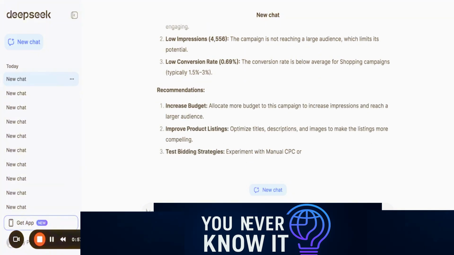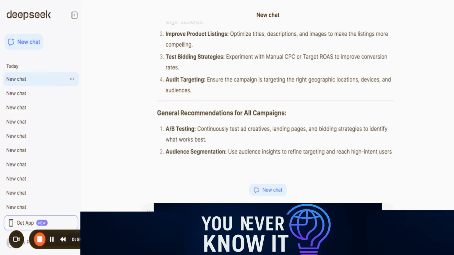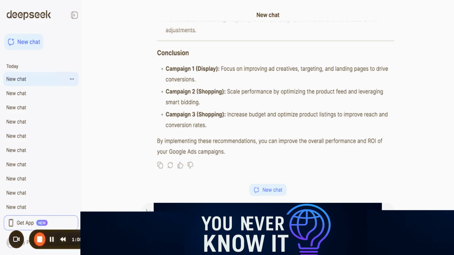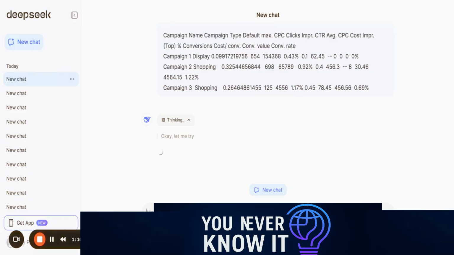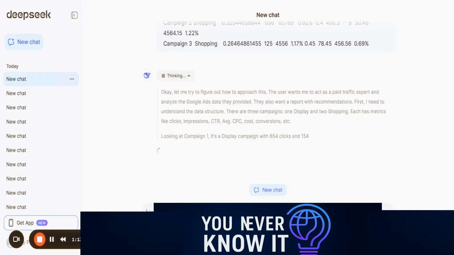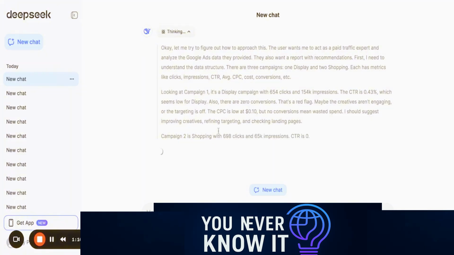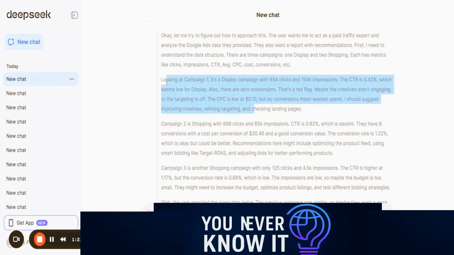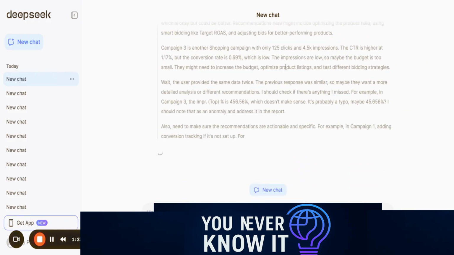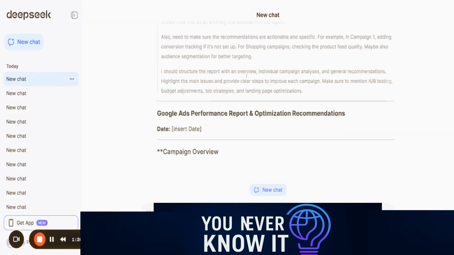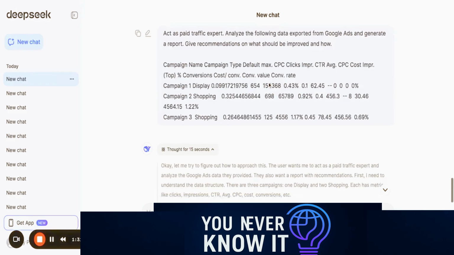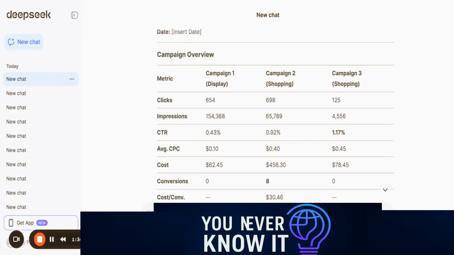So I will switch to the next stage, and I will try R1 in this case to understand what is going on under this analysis. I will go through it and see how it goes. It's understanding the data structure, and we have an analysis of each campaign. So we have the composition of each campaign. We have the structuring. And in this case, if the previous one was something like a black box, right now we have